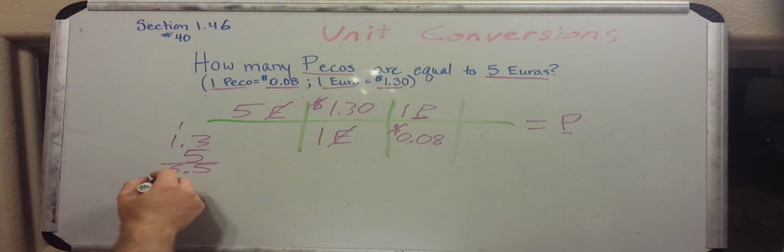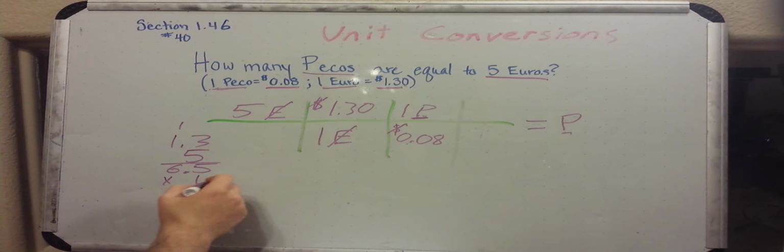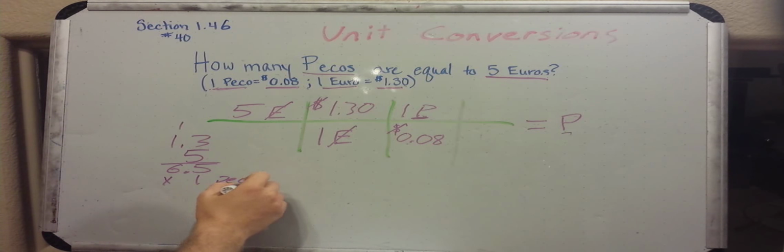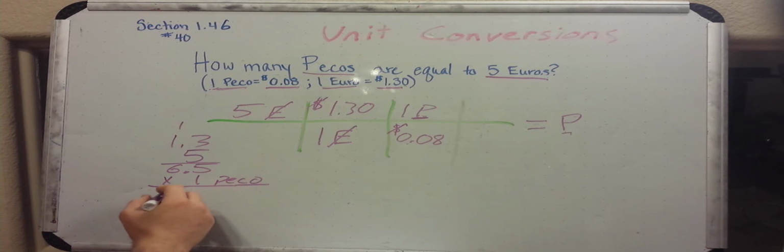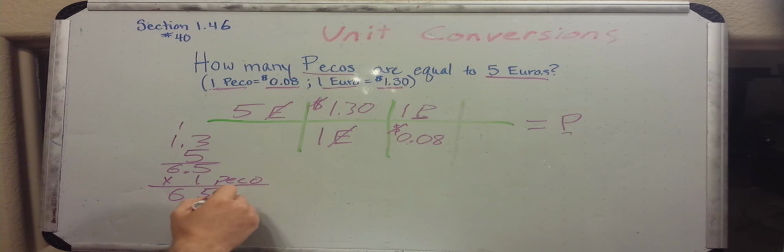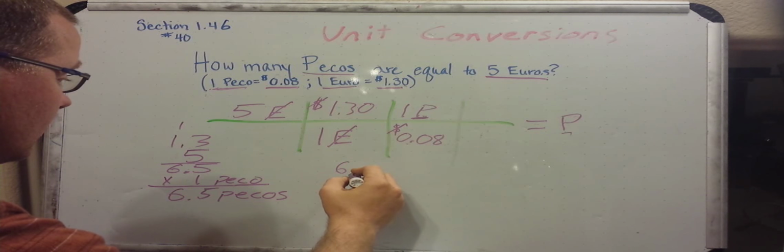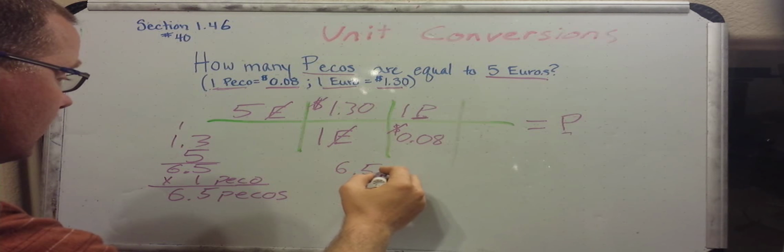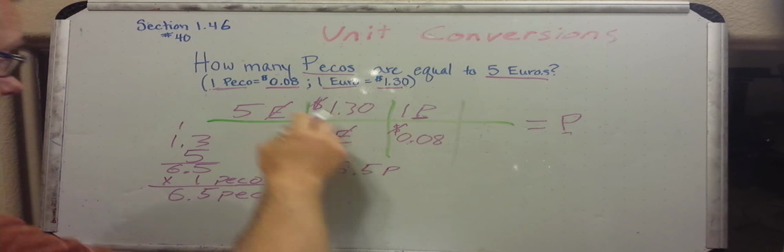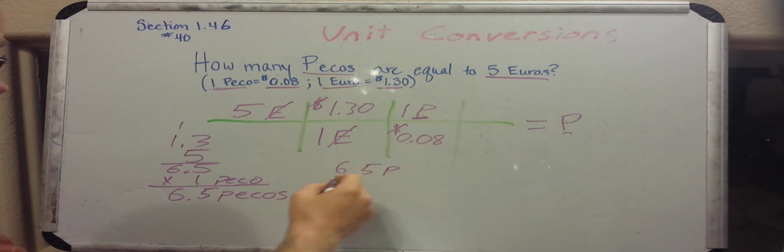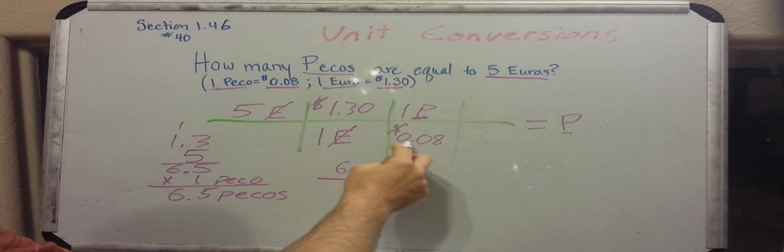So if we times this by 1 peso, we will end up with 6.5 pesos. So now we have 6.5 pesos from the top of our equation, divided by,